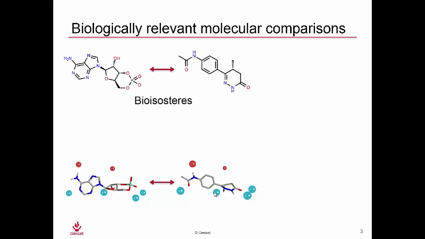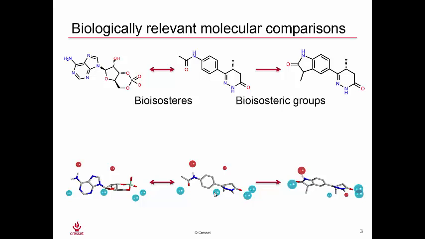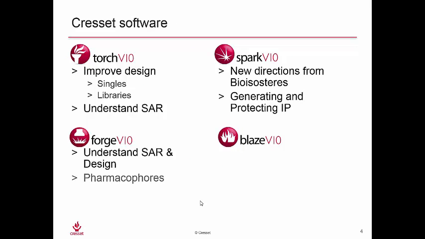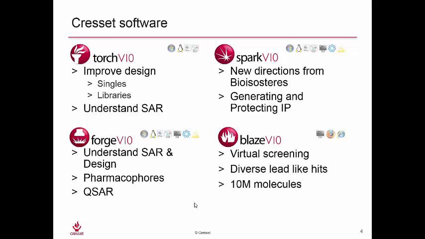Going a step further, the technology can be used in the ligand design process for optimization or scaffold hopping, which is shown with the changes made to the center molecule to give the molecule on the right. We do these comparisons with 4 products. Blaze is for virtual screening, Spark is for bioisosteer replacement and scaffold hopping, and Torch and Forge are for design